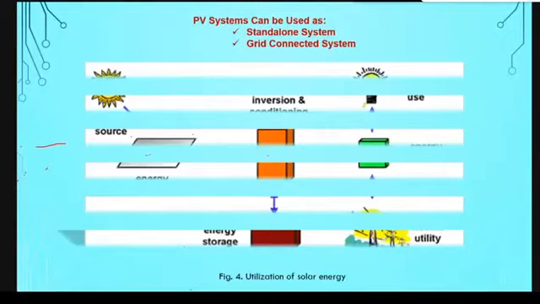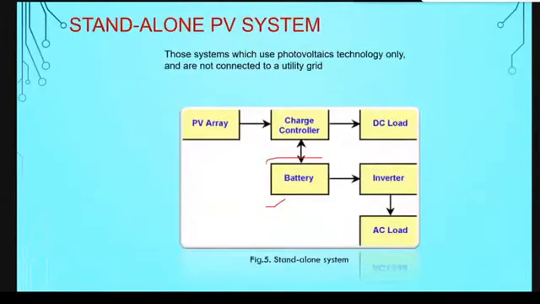Battery is required because the storage of electrical energy is needed. At night you have to use stored energy also. In the day you can directly use this converted electrical energy, but what will you do at night? So storage is also required. An inverter is also required, because your solar PV voltage is DC, and the inverter will convert it to AC. So for the operation of an AC load, an inverter is also required.